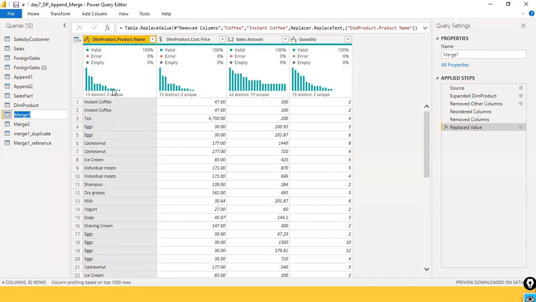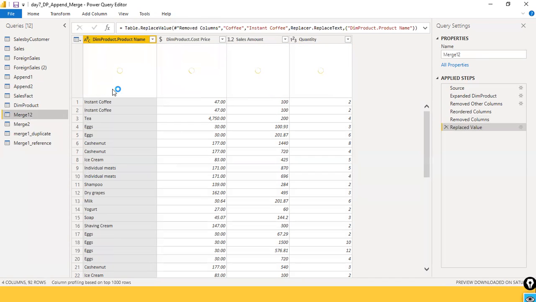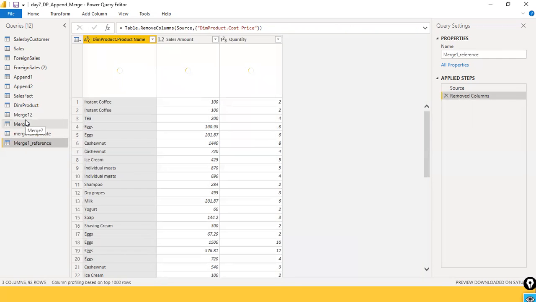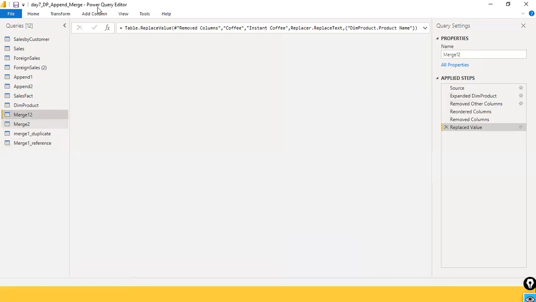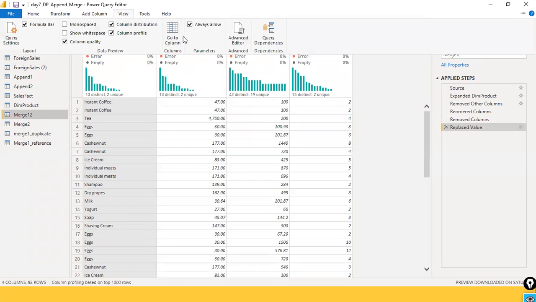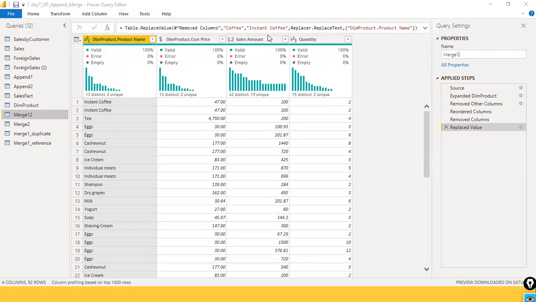Yes, you can, let's say merge 1 2. If I do it, what will happen? It is possible, right? We are able to rename it. But is it still pointing to that one? I just renamed it. I just drag this down here, and we have some options here, and view, query dependencies. If I click on it,